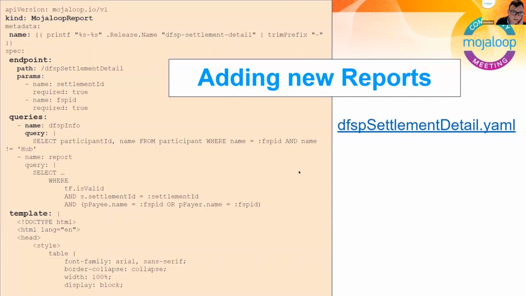So, a little more detail on how to add new reports. Currently, the mechanism that has been built and designed by Yemen has a link here to an example. It's really a YAML file that defines a configuration, and it starts off with a name. It essentially gets loaded as a Kubernetes custom resource, and it has details around what the endpoint and